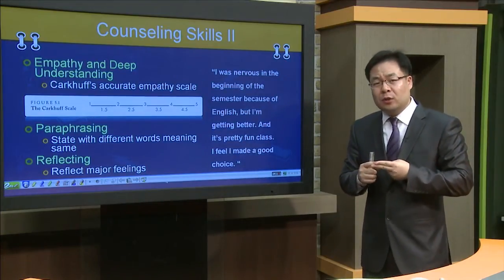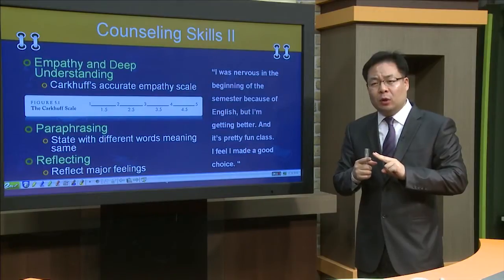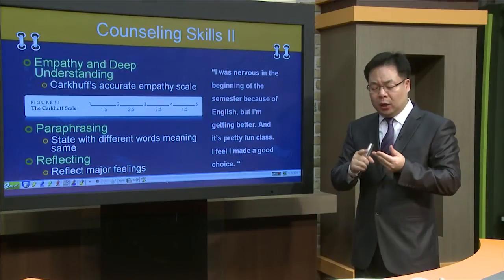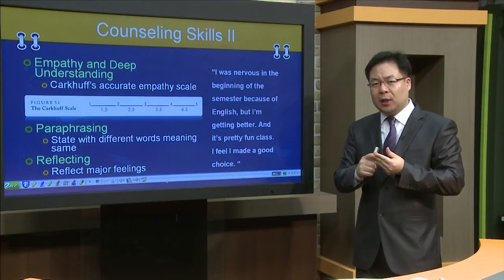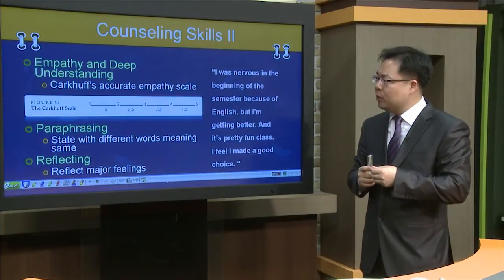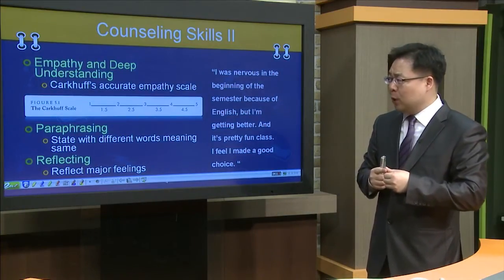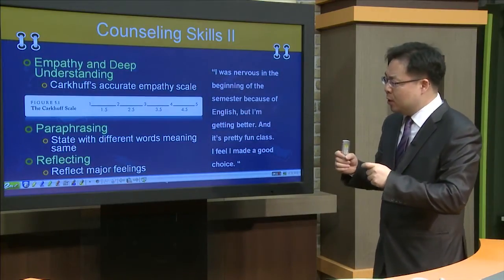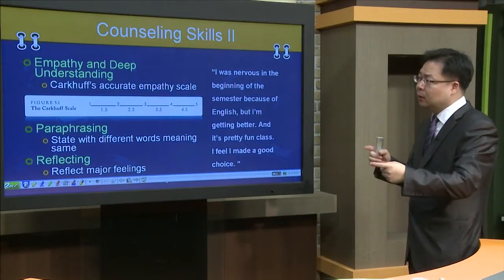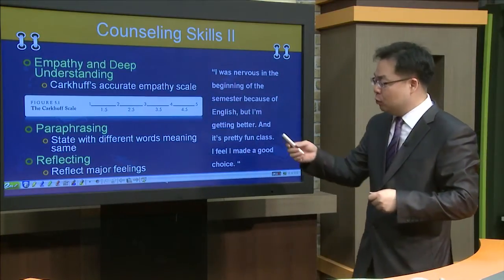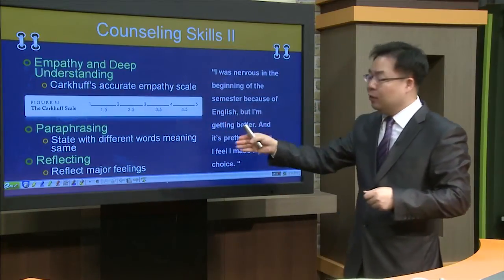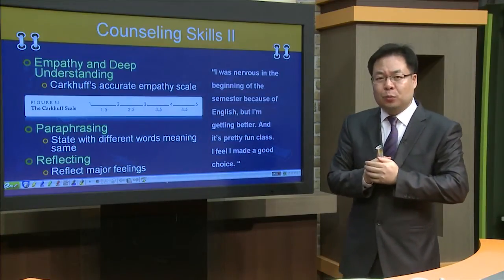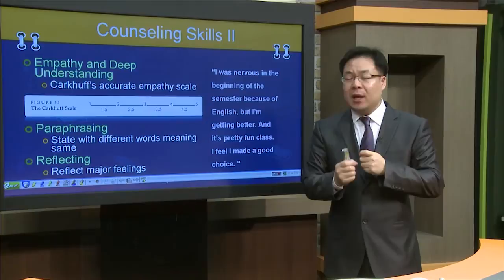The second one was unconditional positive regard. We want to look at the client without preconception. Okay? The last one was empathic understanding. And Carkhuff actually worked together with Carl Rogers, and he developed the empathy concept in more detail in five different scales. So if we look at this one, from 1 to 5, different levels. And if you look at figure 5.1, our textbook illustrates and explains some examples of the different levels